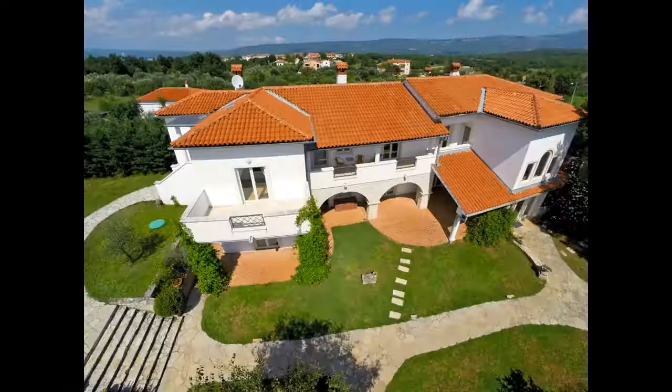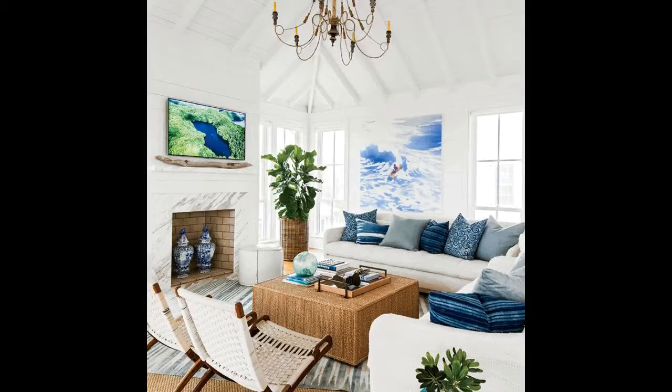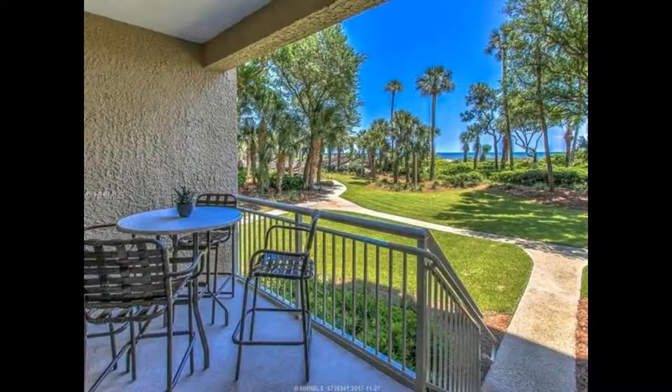The master bedroom walls are accented with shiplap and continue the mirrored transom detail. The white interior is coupled with contrasting dark stained elements and subtle textures,